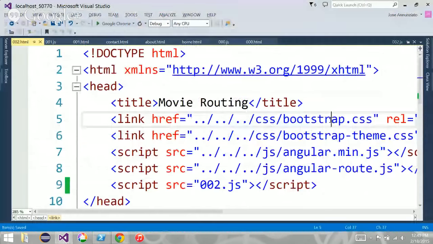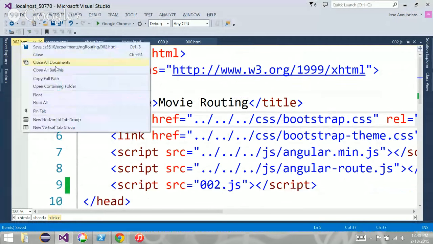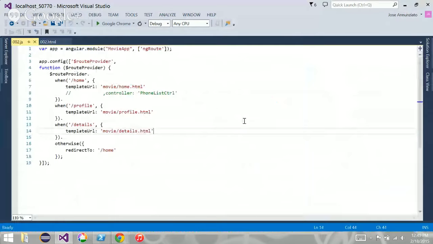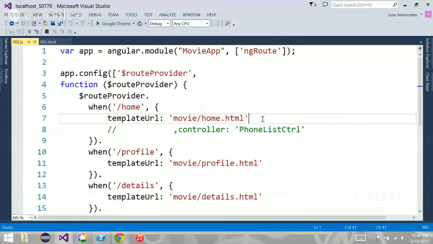All right. So what we need to do, let me close that. We don't need any of this. So close all but this. We do need the JavaScript. What we need to do is, in the home, we're going to need to be able to handle the search mechanism, right? We need to have a search field. We need to show the results from that search. Yes, we did a lot of that, didn't we? Right, we have a lot of that.